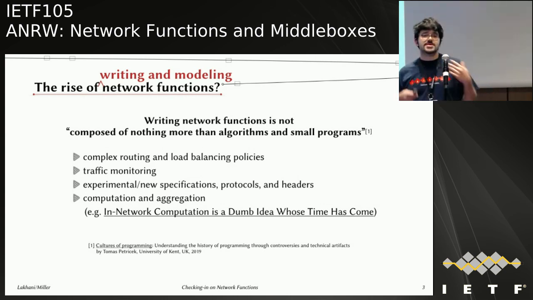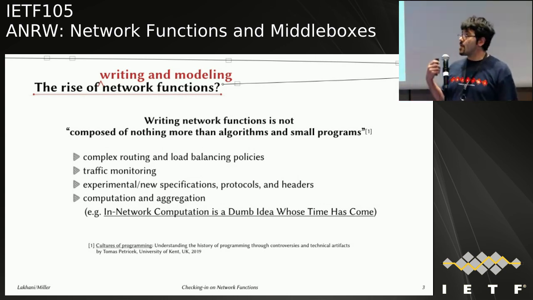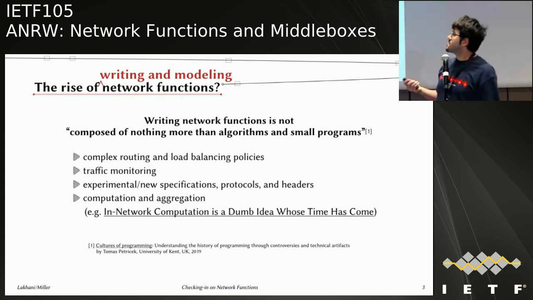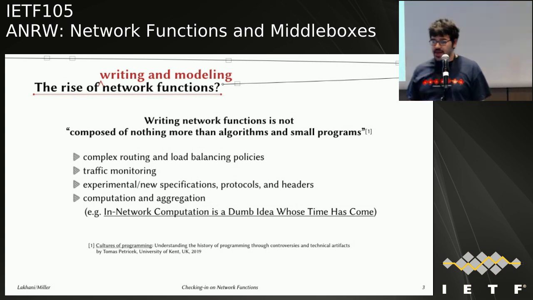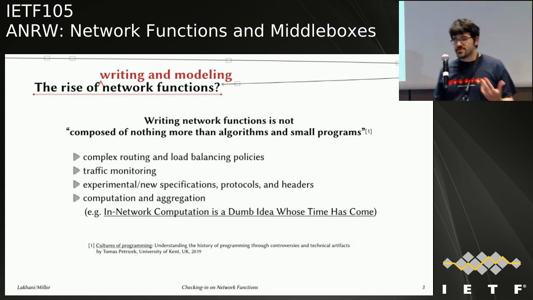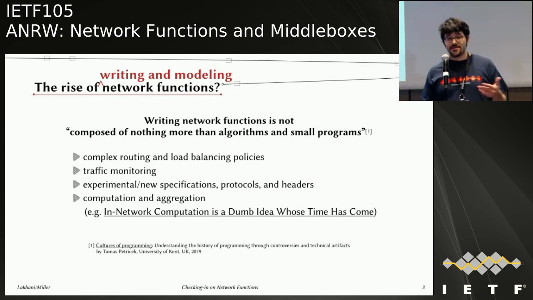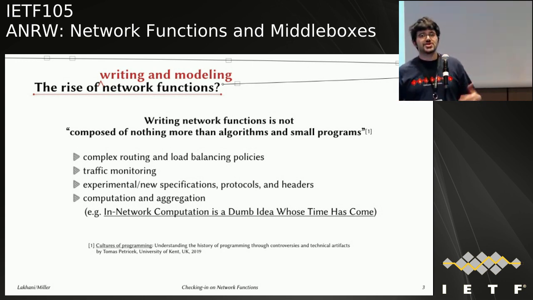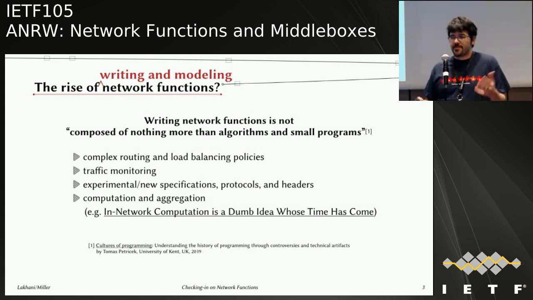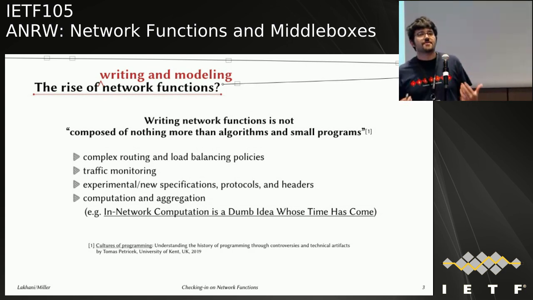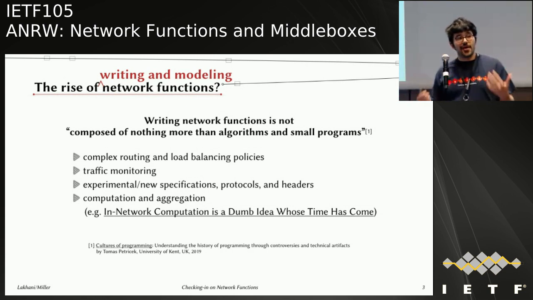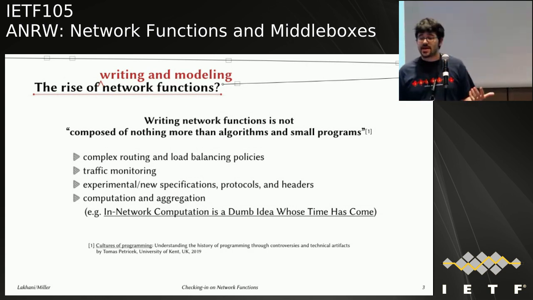So my work at Comcast is the kind of inspiration and impetus for what we looked at from there. Traffic monitoring is a major thing. You have a lot around experimental and new specifications, protocols, and headers. There's a recent paper, I think 2018 or 17, called In-Network Computation is a Dumb Idea Whose Time Has Come. It's a great title. It talks about how they're doing aggregation and all these different kinds of views on computation in the network. So things are getting really complex. Can these frameworks that we have to write high-level code and network functions and packet processing,